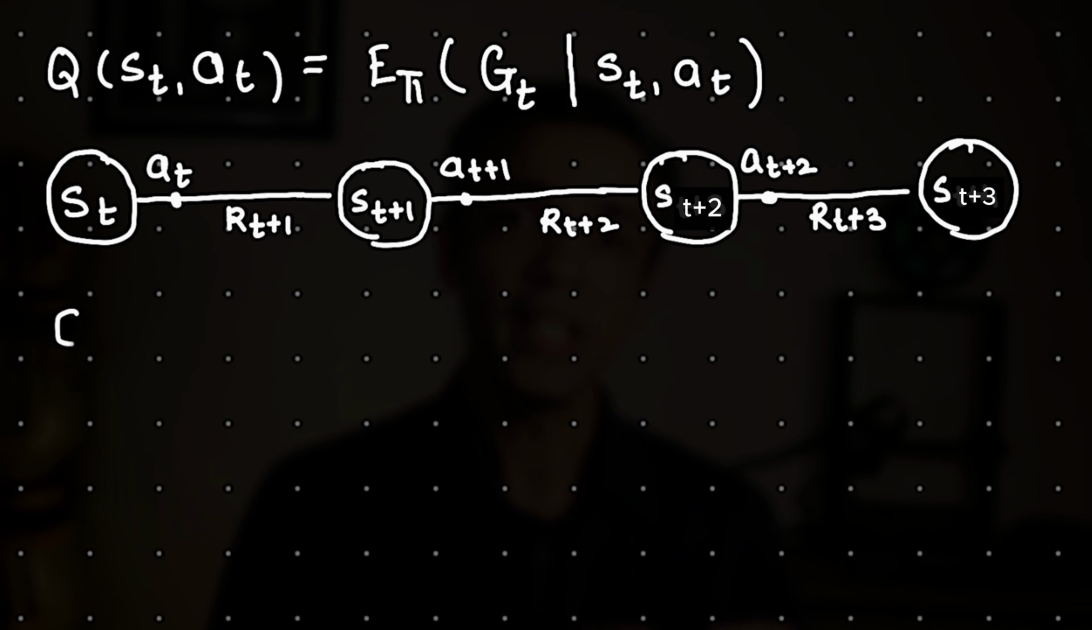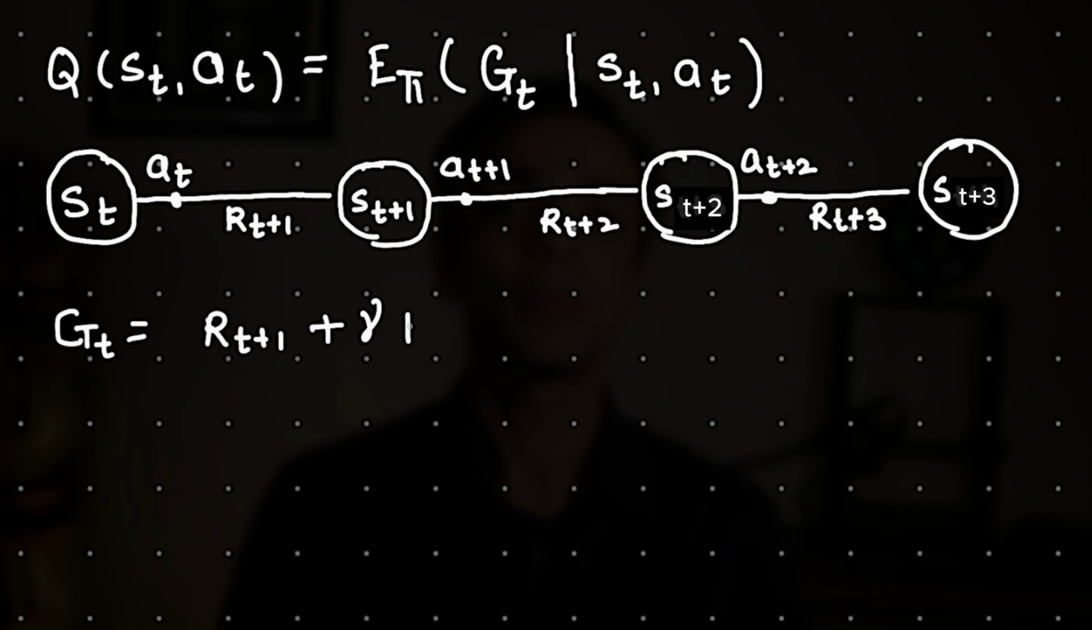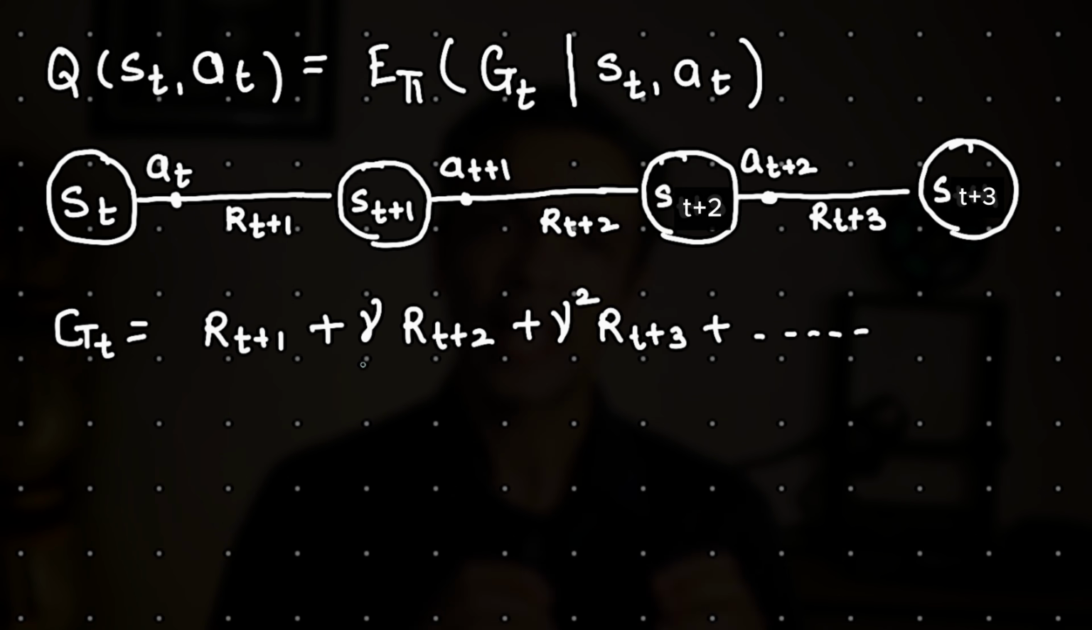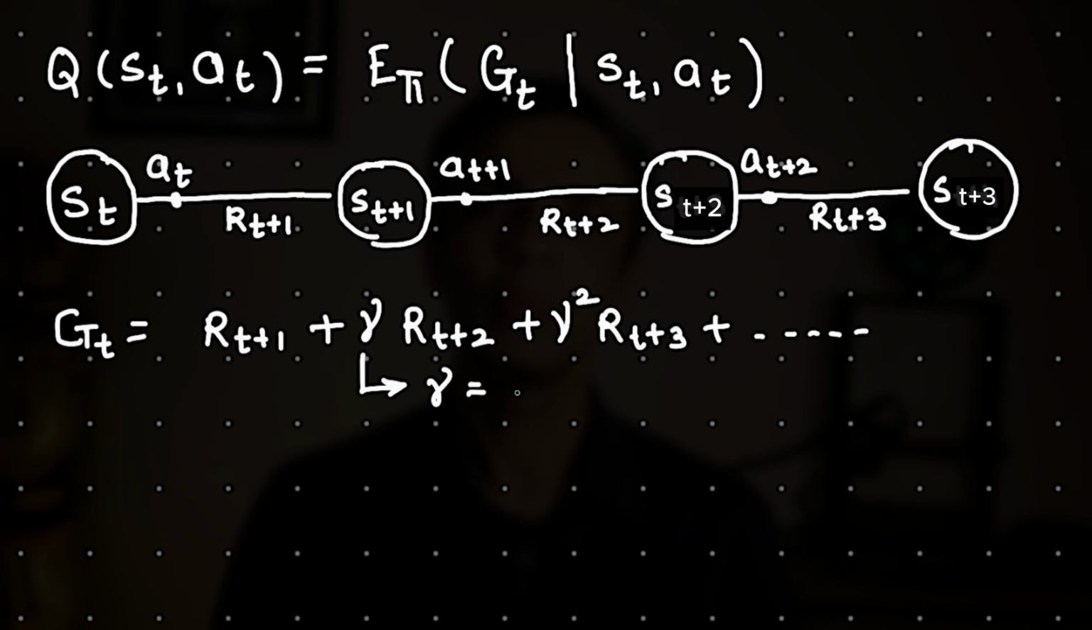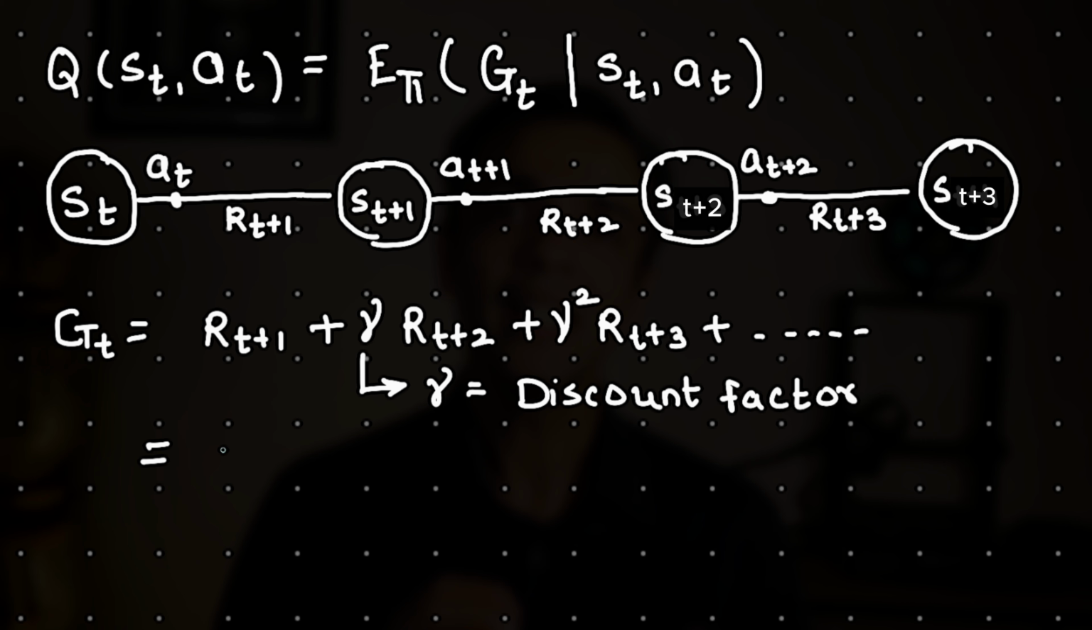Then we can write GT, the expected return, as RT plus 1 plus gamma times RT plus 2 plus gamma square times RT plus 3 and so on. Gamma here is the discount factor. It is typically a value less than 1, something like 0.98 or 0.99. Why are we multiplying by gamma for each successive reward? So that we value immediate rewards more and the rewards that we get in the future less. We are impatient and we want to get to higher returns faster. Gamma helps with that. Now this then becomes GT is equal to RT plus 1 plus gamma times GT plus